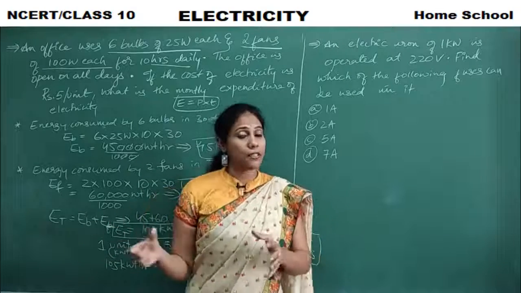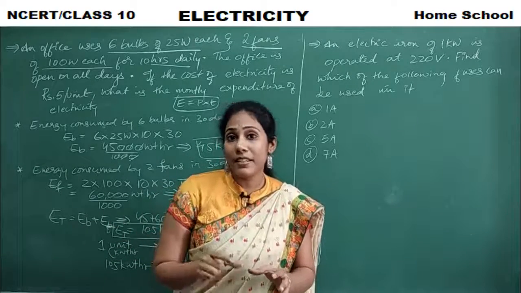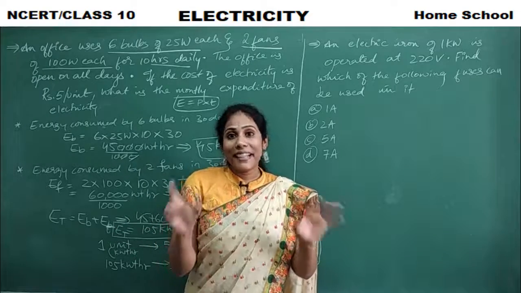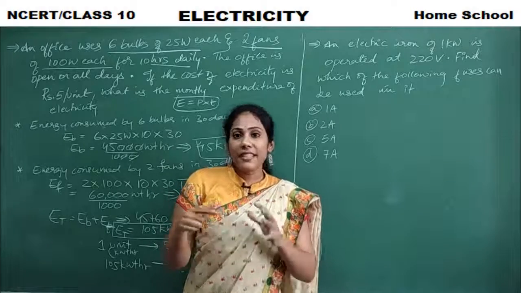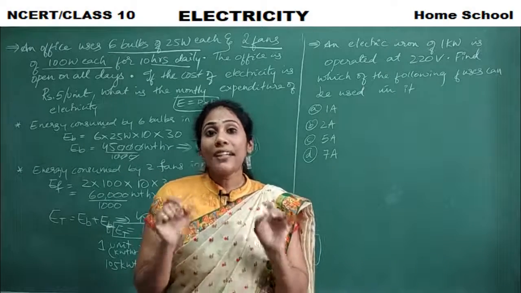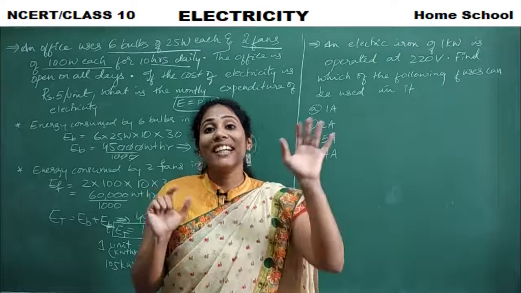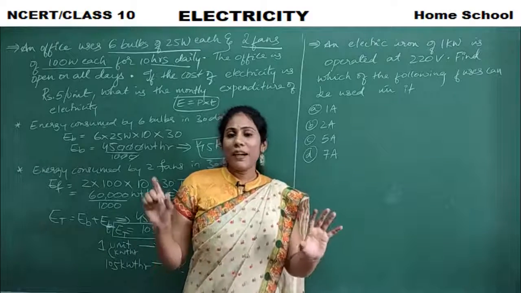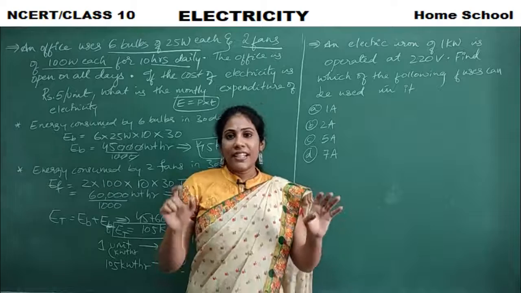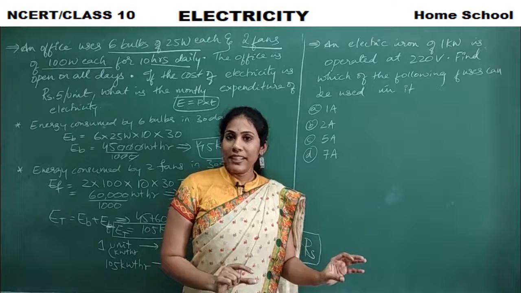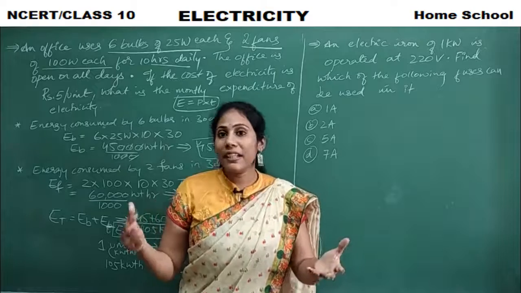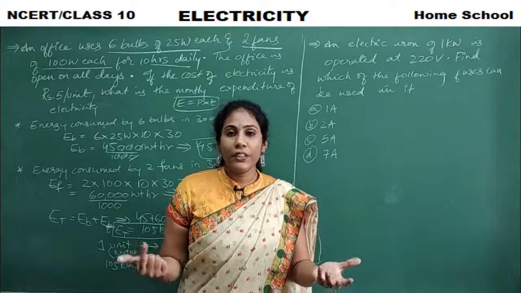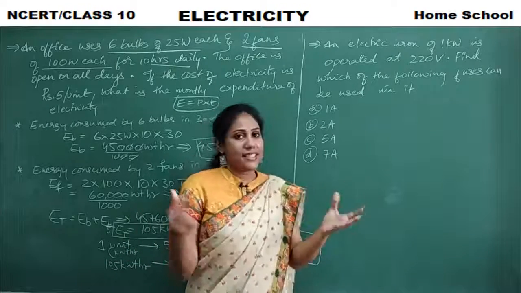Whenever more current than the required amount flows into our electrical appliances, what will happen? The equipment may get damaged. So to avoid that, fuses are used. Fuses will not allow the flow of high electric current into the device. We have discussed the importance of fuses, and I explained with a particular example in the last video, video number 9. If you want, the video link is in the description box. You can go to the video, get the concept clarity, and then you will understand the importance of fuse.